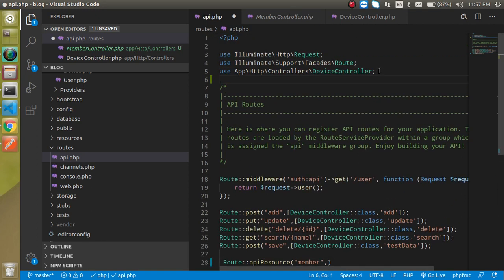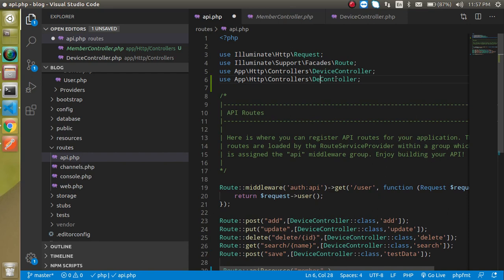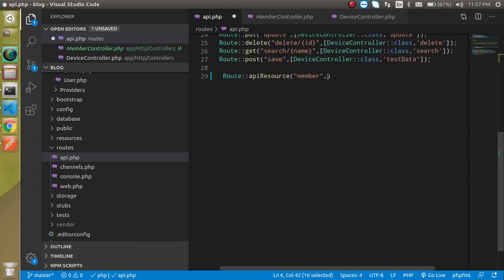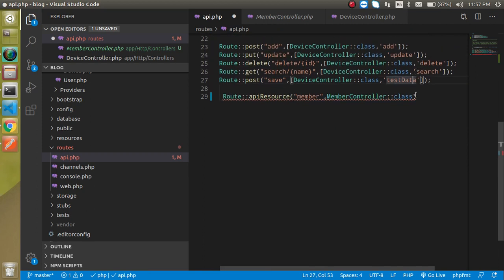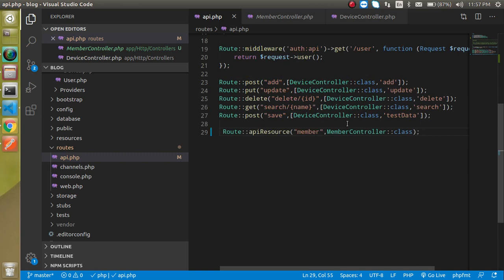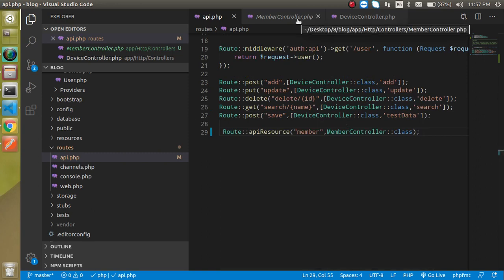So let's import it, right, and just use it like this. We don't need to define any function or the previous URLs, so it will really save our time, right?